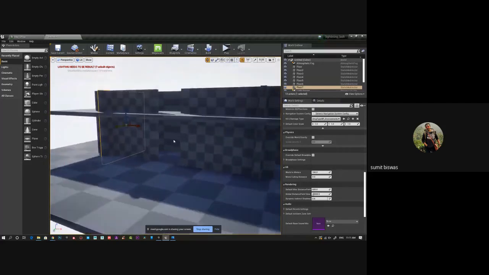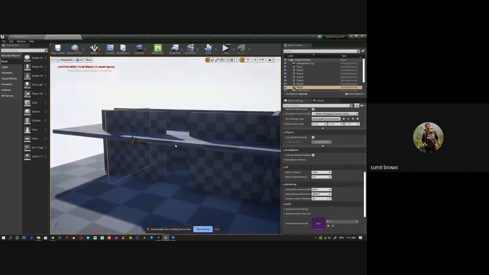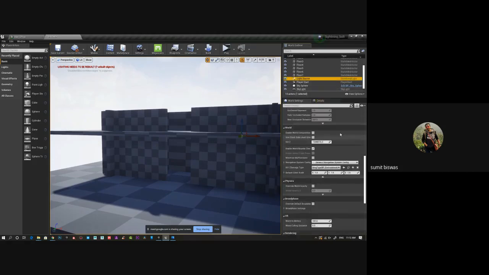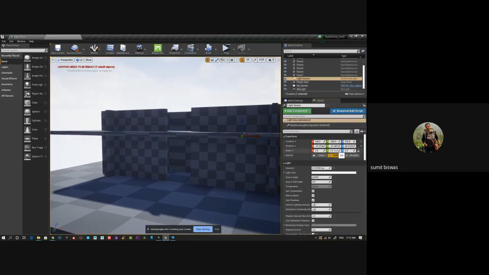So you can see it's basically a room like your scene. You have this open area. Whenever you create lights and everything, if it's not dynamic, we either keep it static or stationary, right? The basic difference: movable means the entire light is dynamic.